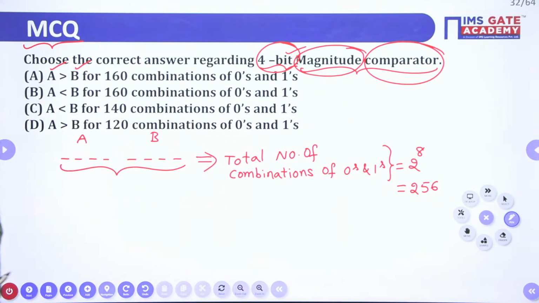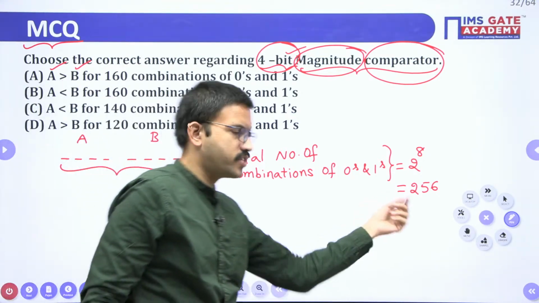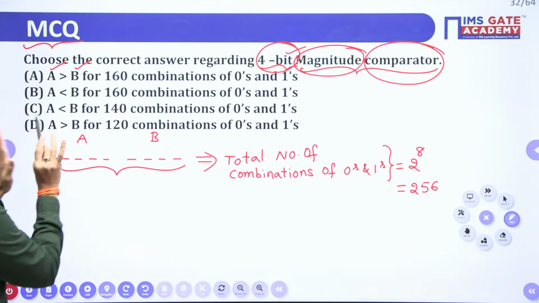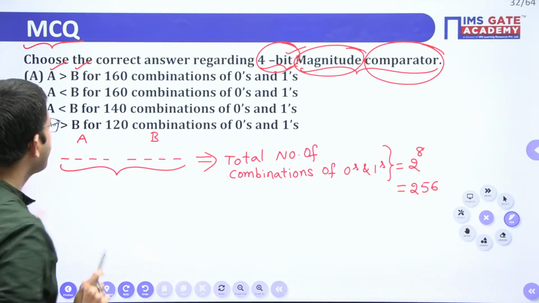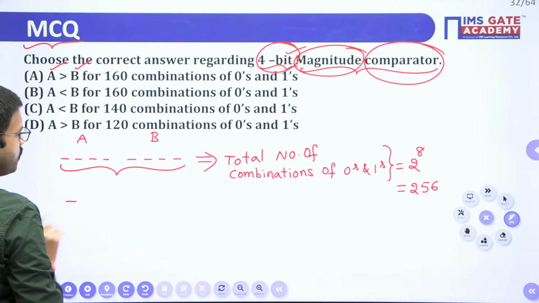Very good, Shavik. Yeah. Total number of combinations you will get is 256. Okay, right. Now, here the question is regarding A greater than B. Okay, now I will give a different approach. For the timing, let us just tell me,